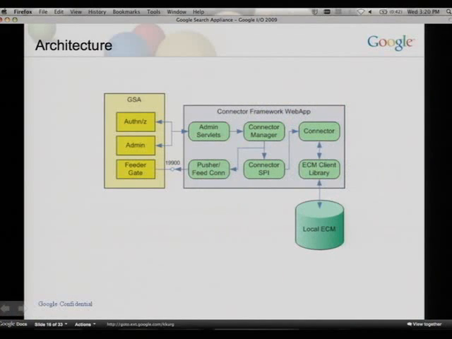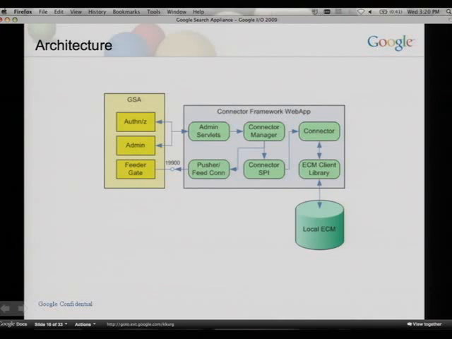This is giving you a little bit more technical depth of this connector framework. At the very high level, there's the search appliance, which has all these API hooks to push the documents inside the search appliance. But then the connector framework itself is a container-based application which you can deploy in any servlet engine. It's written in Java. And the container gives you these APIs, the SPIs, which you implement your own connector and deploy with it. And finally, most likely you would end up using some library from your actual repository,